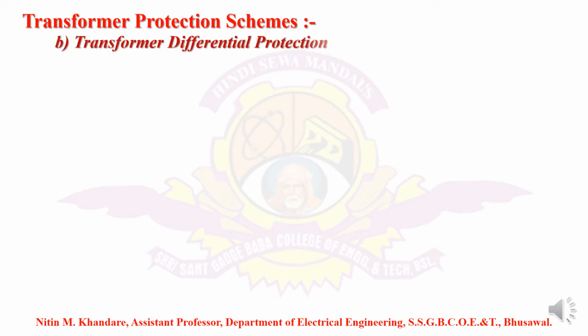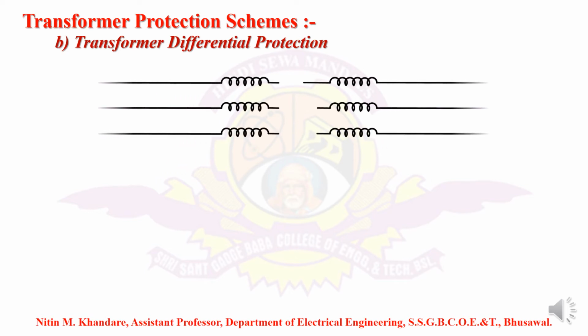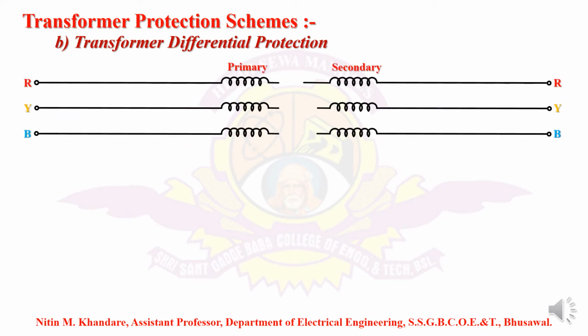So the next scheme is the differential relay. The transformer differential protection works simply on the difference of the currents carried by either side. We are considering the primary as well as the secondary current at the same time. That's why both windings are shown here, the primary winding of the power transformer as well as the secondary winding. Again we will assume that the primary is connected in star with the neutral grounded, and the secondary is connected in delta, like this.